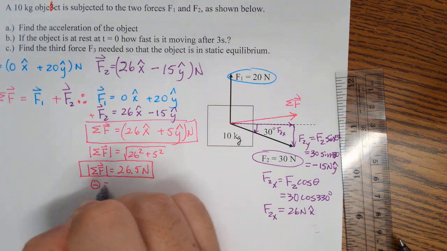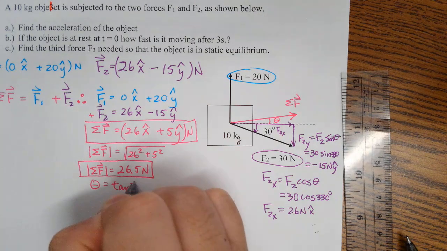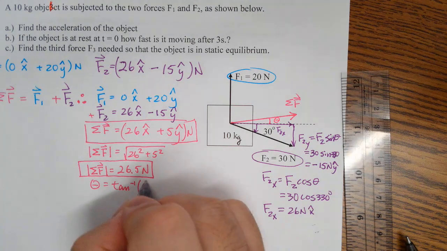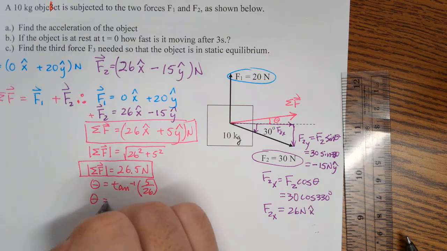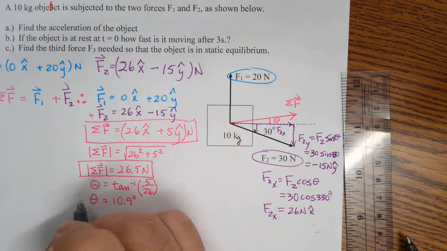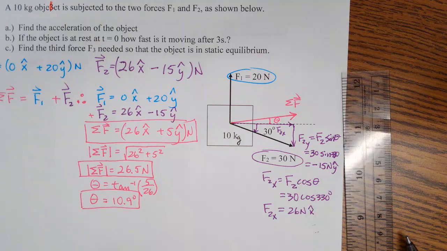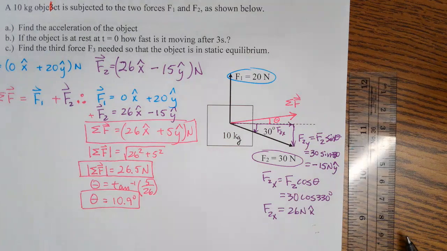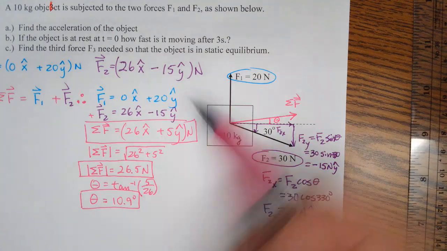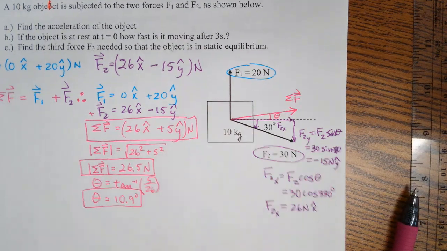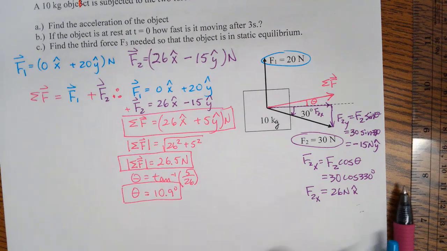And theta is equal to this theta right here, tan inverse of 5 over 26. And that comes out to something like 10.9 degrees. All right, so now we can start this problem. Now, you don't have to go through all this to start it, but it's also nice to figure this thing out so that now if you were to look for part A, part A asks, what is the